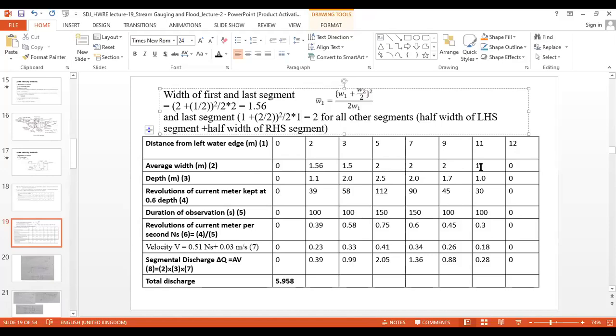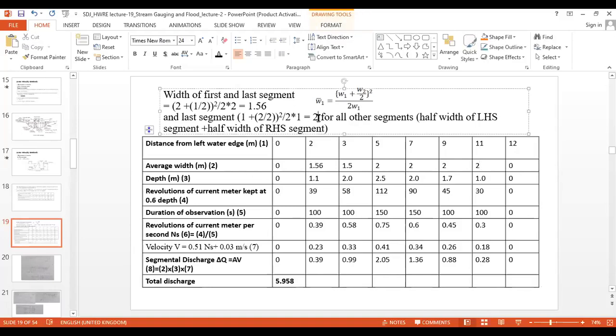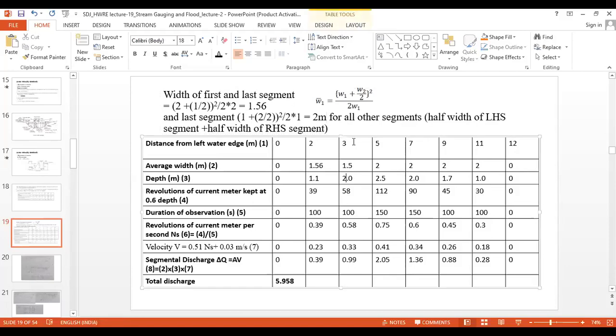ओके, यानी कि अभी आपके समझ में आया होगा कि ये दोनों के बीच में गैप खाली विड्थ खाली 1 मीटर का है, लेकिन ये कवर कितना कर रहा है 2 मीटर्स का, यानी कि इसका टोटल और आधा उसके साइड वाले का। ओके, सो दिस इज अ रॉन्ग व्हिच वी डिड इन लास्ट वन। सो नाउ for first and last we calculated, for first it is 1.56 meter, whereas for last it is a 2 meters, and for all other segments it will be half the width of left hand side segment plus half the width of right hand side segment.